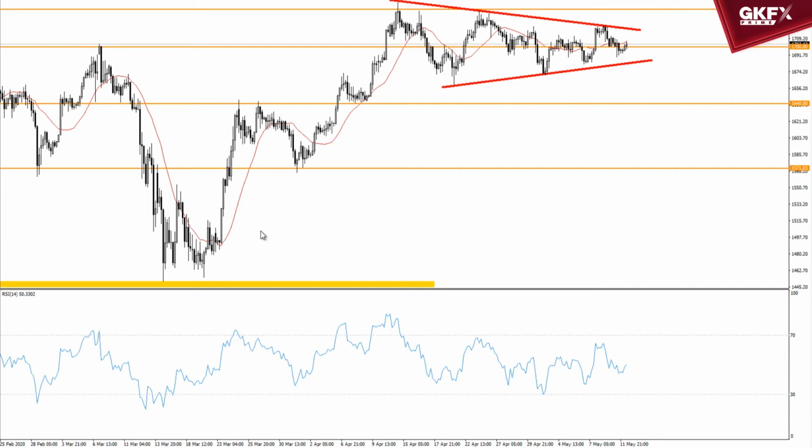Reasons for an upward bias, well, the trend to me is still up, and then if you look down here at momentum, you can see we did take out this layer of resistance in here to make a higher high, and we're making higher lows, which we are in price as well.